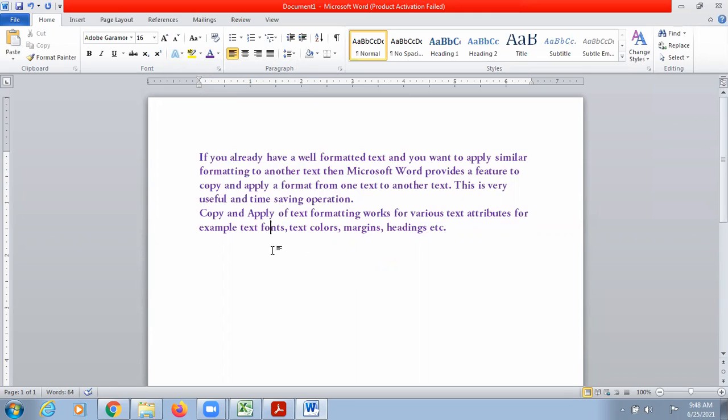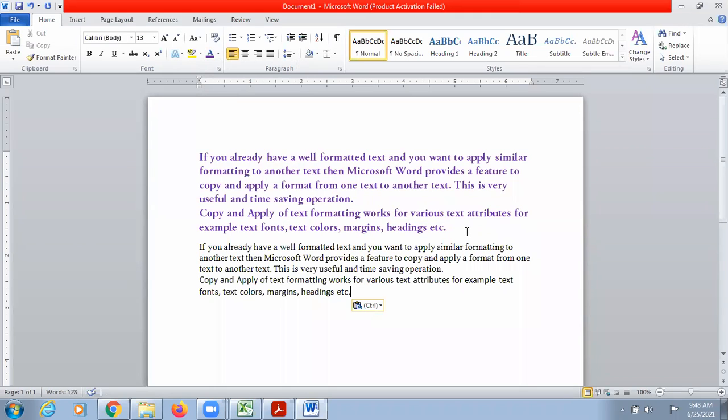Now I'm going to copy and paste something else on this page. Again, maybe I have pasted the same thing. Now what I want is to apply the same formatting style, because now I don't remember which font I have chosen, what was the size of this text, and how much space I have given in between my lines. So I wanted to apply the same formatting style to the rest of the content of the page. So how can we do that?